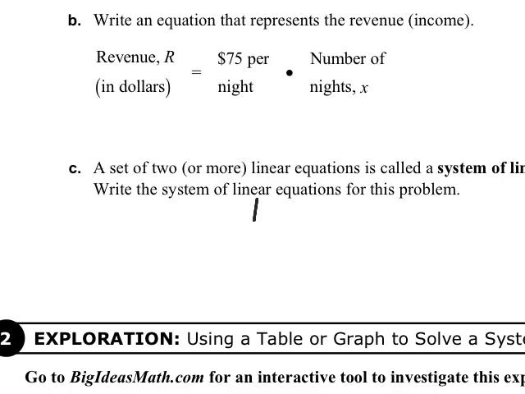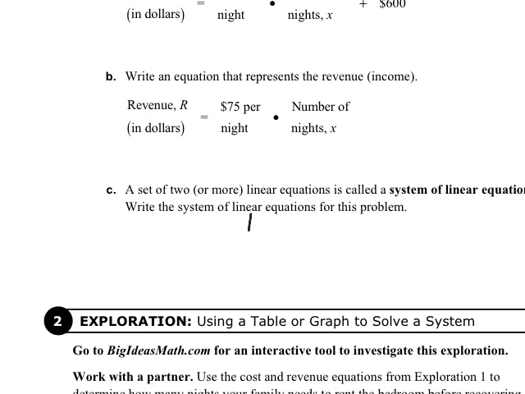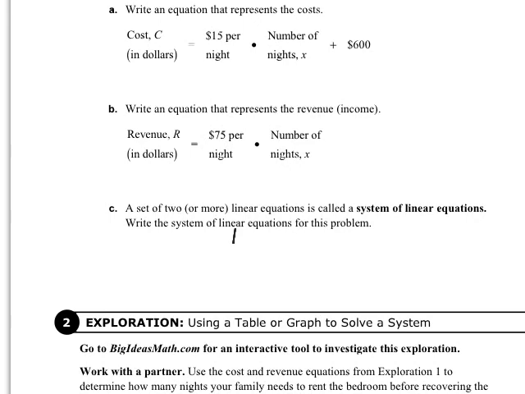So literally, we are going to take the same exact equations. We just want to use the same variables so that we can look at them on a graph. So it's going to be y equals 15 per night plus 600. And then for revenue, y equals 75 per night. Okay? And then if we want to find the break even, we're going to have several options of how to